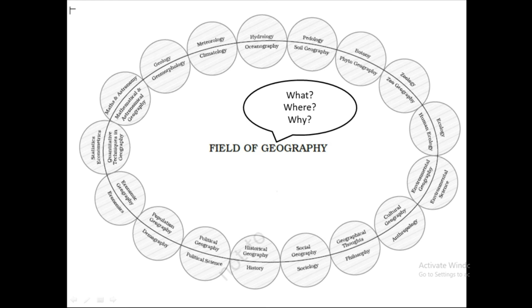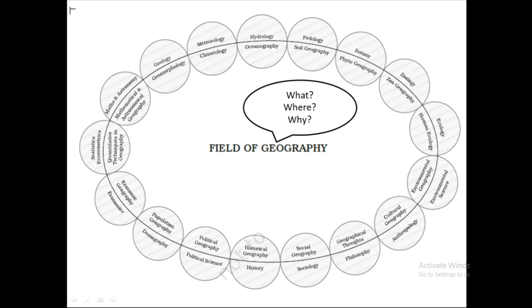Here we can see the different subject matters of geography, which actually interface with other subjects. These subject matters are those which have spatial attributes, meaning that they have a relationship with the Earth's surface, and geography is nothing but the description of the Earth's surface. For example, economics deals with subject matters like production, distribution, exchange, and consumption. We find that all these subject areas are related to space. Hence, economic geography deals with the spatial aspects of production, distribution, exchange, and consumption.